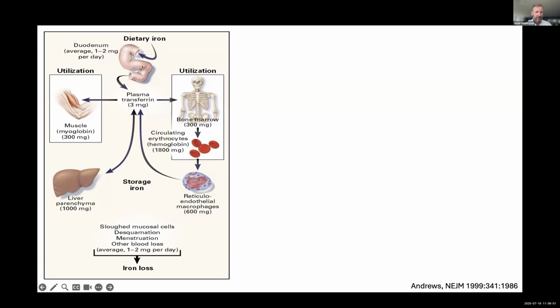And you can see that there's a very small amount that's absorbed per day, 1 to 2 milligrams, and a very small amount that is lost per day through insensible losses or menstruation. And there's a lot of iron in the body all the time, circulating around. So there's a small amount coming in, a small amount going out, and a lot that stays in the body, moving between your liver, which is where it's stored predominantly, and your red blood cells and your muscle, where it's used. And the reticuloendothelial system, which is your macrophages, are mostly involved in just moving it around